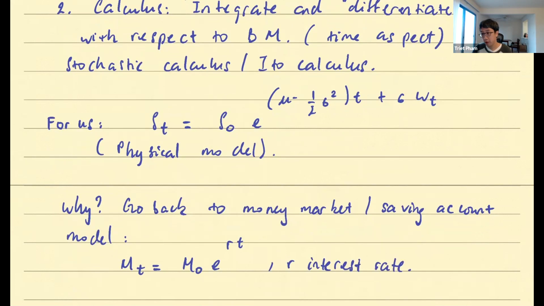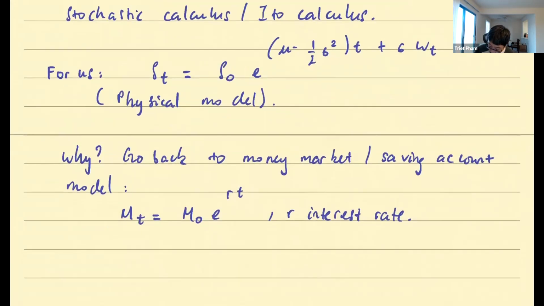Yes, I think everyone will accept this. So the question is, where does this model come from? I mean, you are in this business for so long, the exponential interest rate is just something you write down without even bothering to question. But if someone asks you, why does the money market account behave this way? Or why do you model this way? Or why do you write down this equation? What's the explanation? How do you explain that?